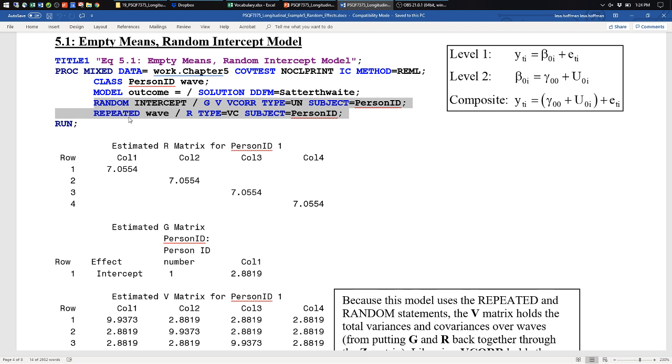But what this means is that your G matrix gets to be whatever it wants. If I put in a random intercept, its variance should be estimated whatever it wants to be. If I put in a random slope, that's coming next, then its slope variance gets to be whatever it wants to. It makes no sense to pattern it. There are only very specific cases in which you're trying to trick SAS into doing something it wasn't designed to do, where you don't have intercept here, that a different structure might make more sense. But the situations that you will likely see at first, type equals UN for your random line forever and ever, amen.